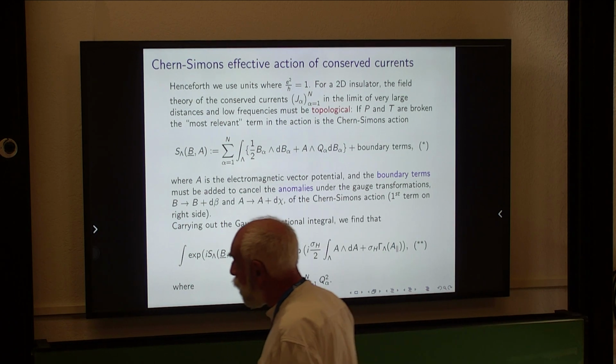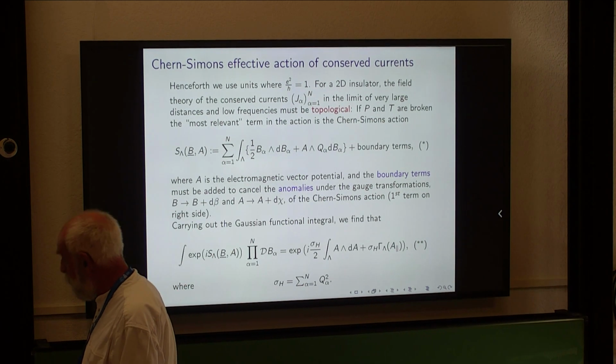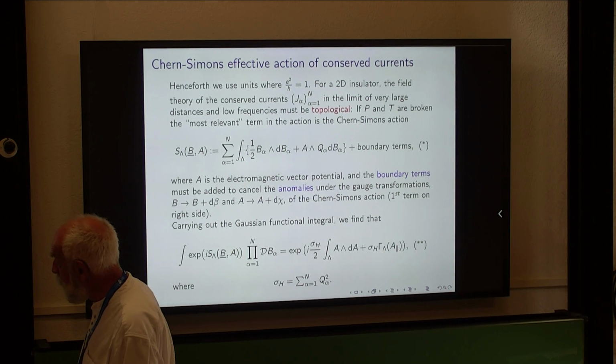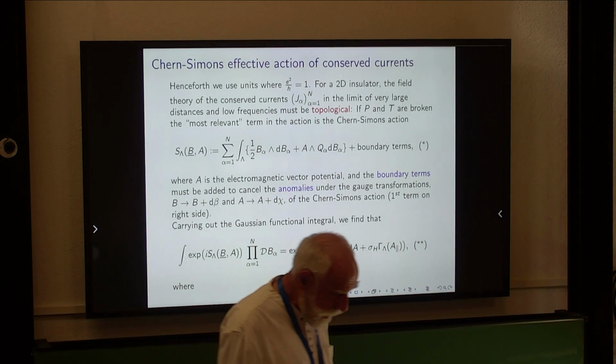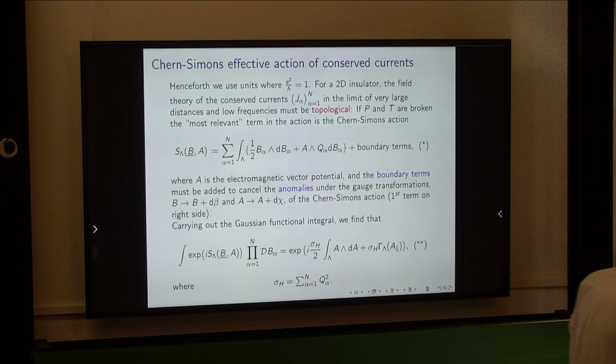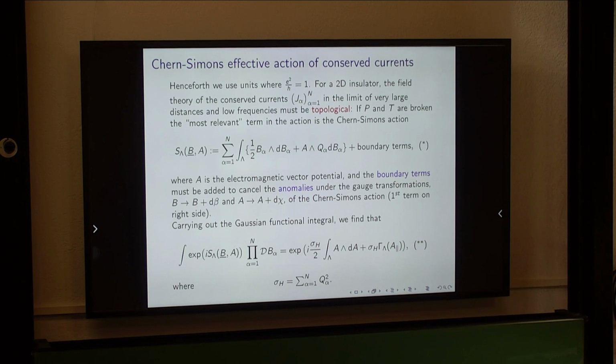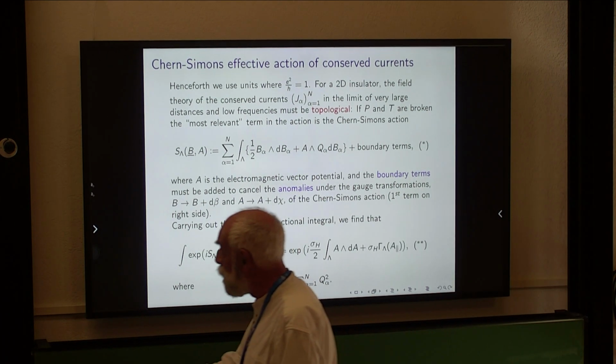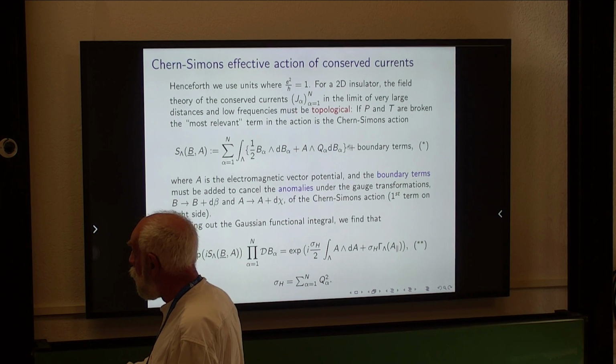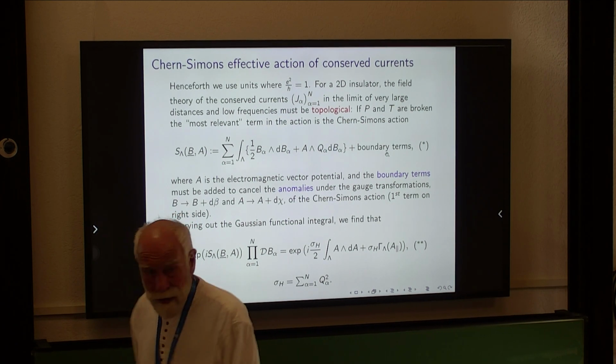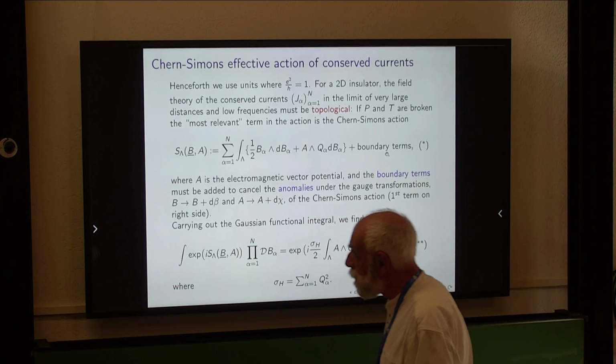And then again, because there is another gauge invariance, if you change the vector potential of a conserved current by a gradient, then of course this does not change the current. So again, you have to impose gauge invariance on the gauge transformations of the B's,